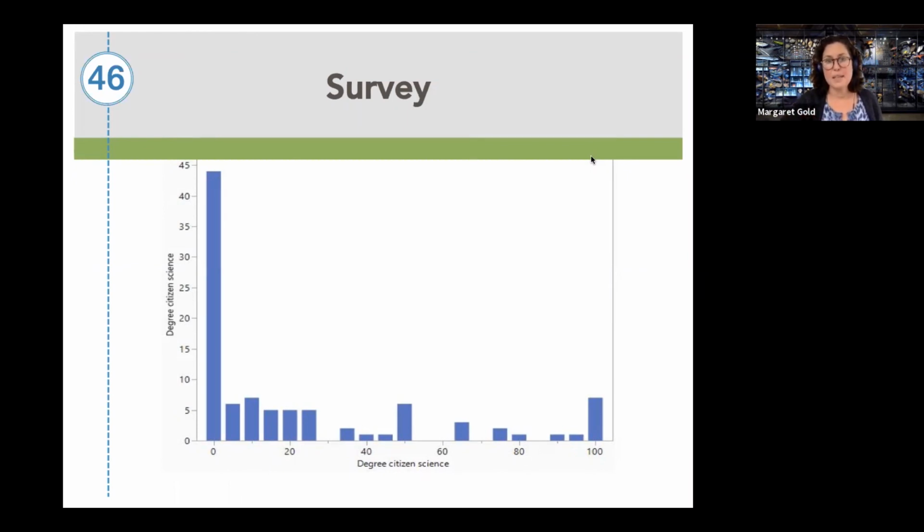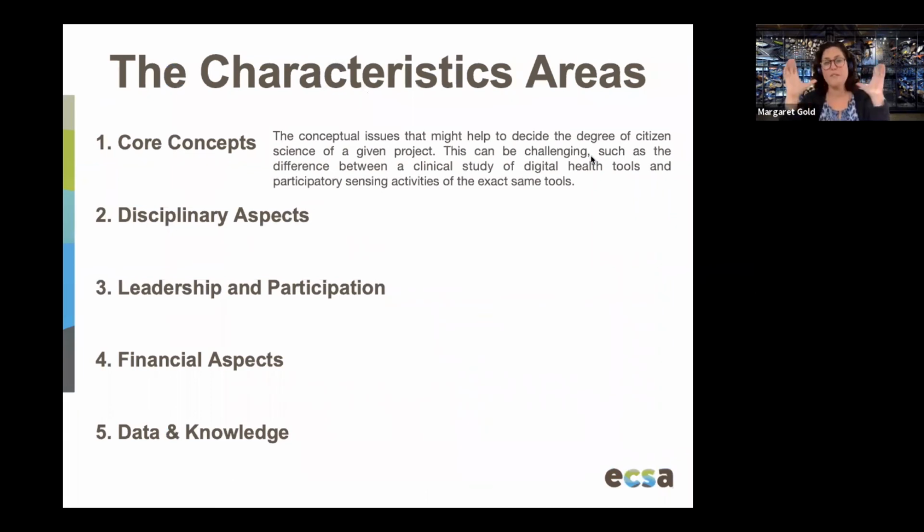From the outcome of all of these vignettes and the survey information that we gathered, you'll remember that in the questions we also had a field where we asked people to tell us a little about their thinking and what they felt about each of these. From all of that input, we then dove into what the characteristic areas are: where are people looking, within these vignettes, to determine what is a citizen science activity and what is not.